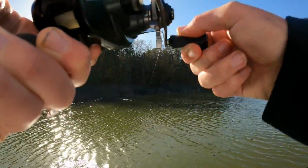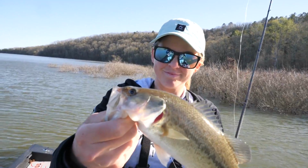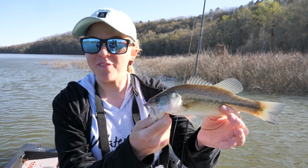There he is. There he is. Woo! Megalodon. Big one. Look at that big one. There we go, Jay. Way to catch us our third fish of the day. I know, the bite is really slow, but at least we're catching something. I mean, it's not that big, but...